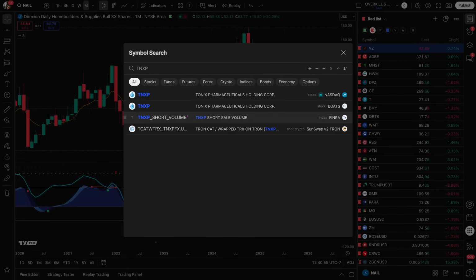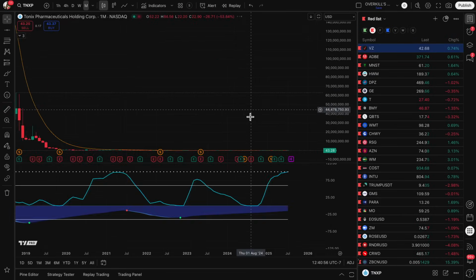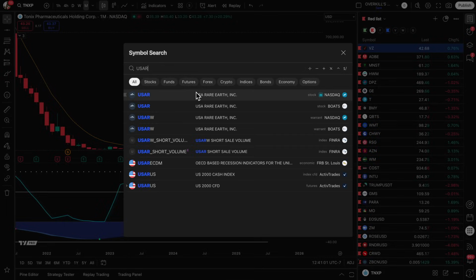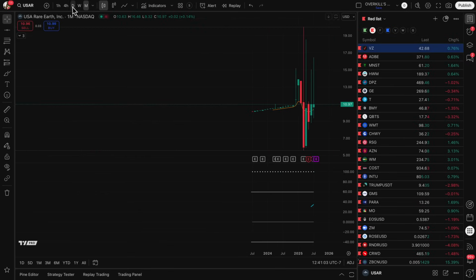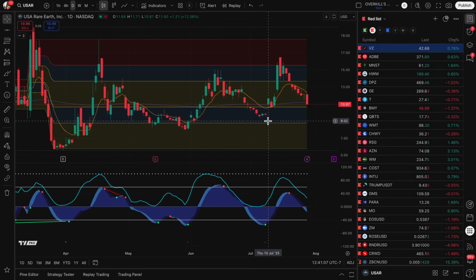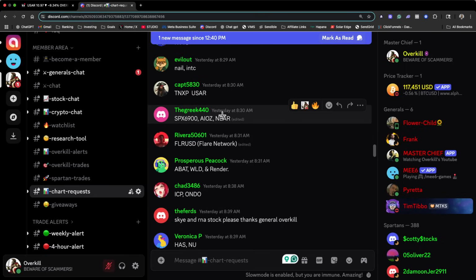TNXP, pharmaceutical. I don't know. That chart is broken, my friend. I can't tell you much. USAR. This chart is also very broken. This is one you want to trade the daily on, so I'd watch for the daily alert on that one. Your other one was